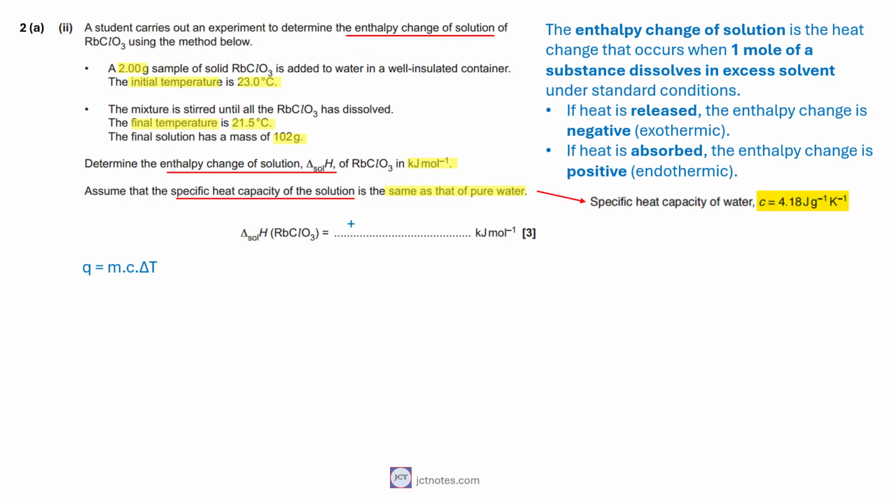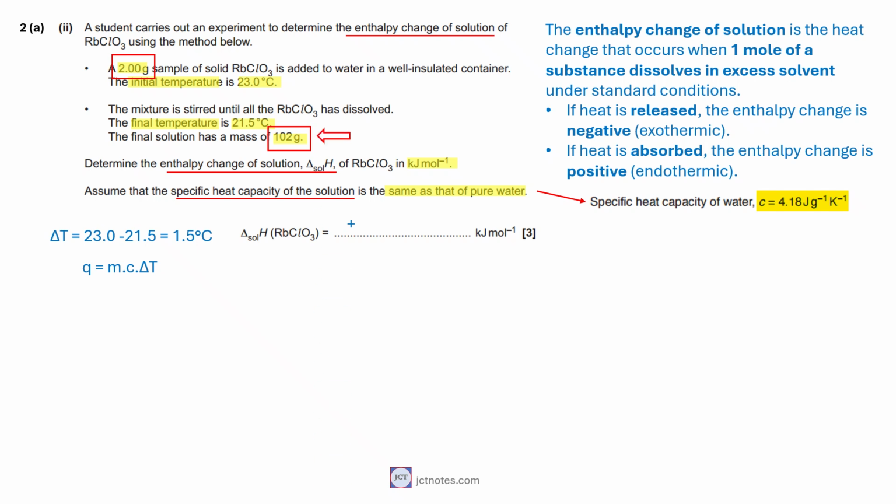The temperature change is calculated by subtracting 21.5 degrees Celsius from 23 degrees Celsius, giving a temperature decrease of 1.5 degrees Celsius. There are 2 masses mentioned here. The first is the 2 grams of salt. The second is the 102 grams of solution. Since we are calculating the enthalpy change of the solution, we must use the mass of the solution, which is